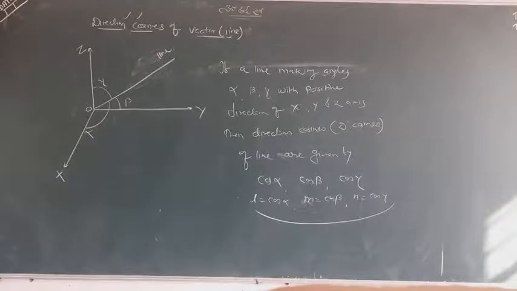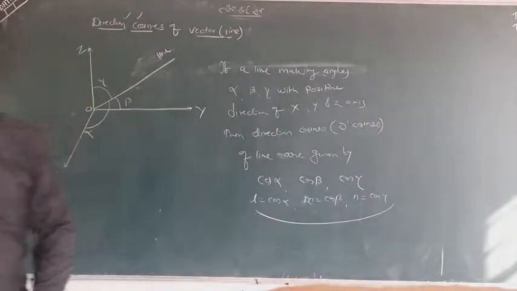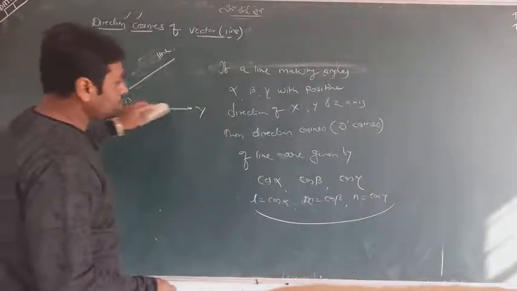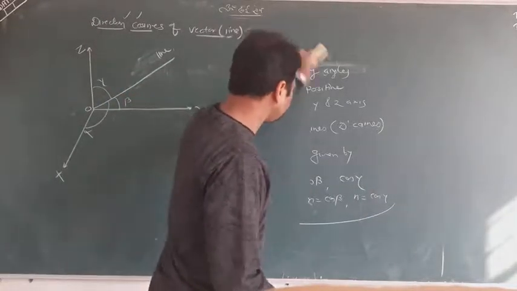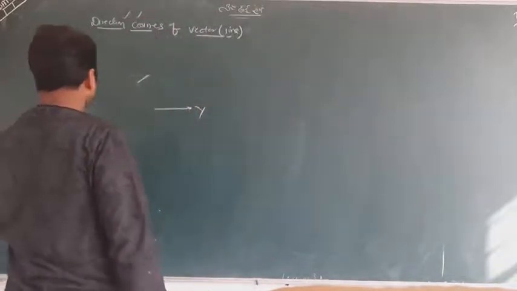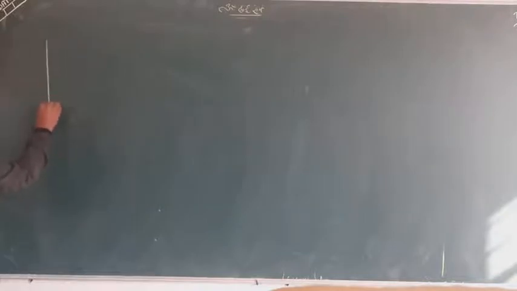So students, I hope you have got it till here. Now let me explain quickly one more thing. Let me rub this portion: alpha, beta, gamma you have seen. I will tell you again, very quickly. This is my picture: Y, X, Z, and this was the line. Suppose it is P.